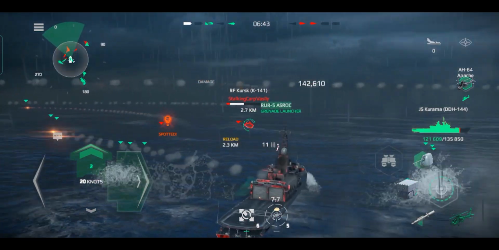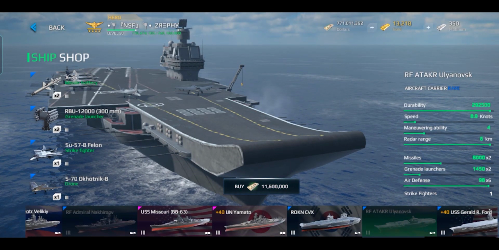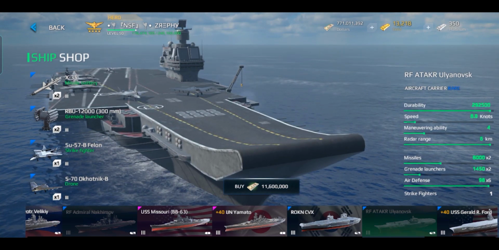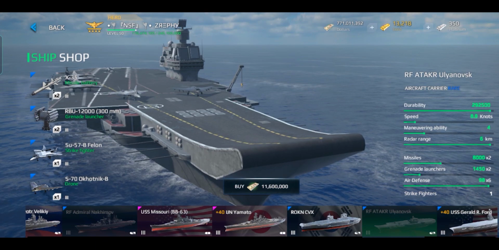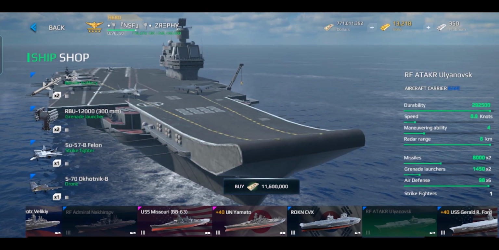player. The RF Ulanovska received 2 missiles, but I still think it is still not enough to make the ship great in this current version. It has to have its fighter plane to really catch up with the other carriers in Tier 3. Ulanovska is a supercarrier for the Soviet Navy, so there's really no reason for this type of ship to not